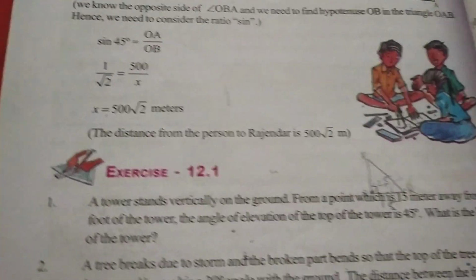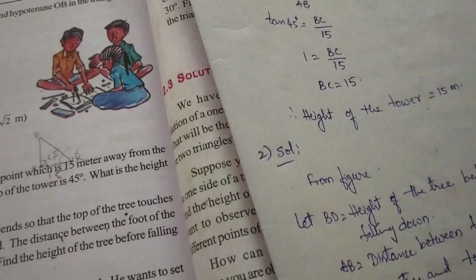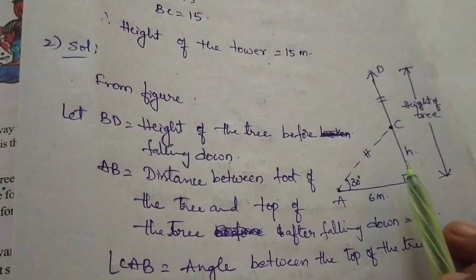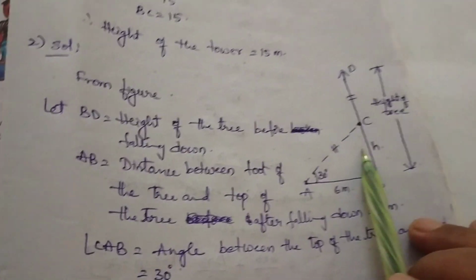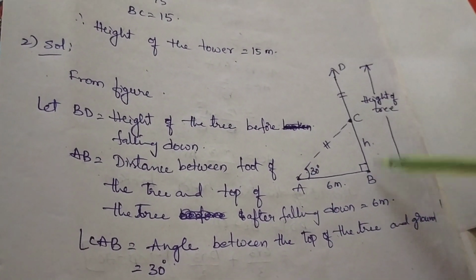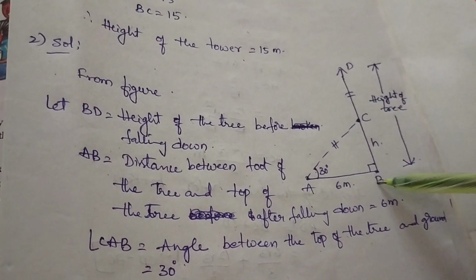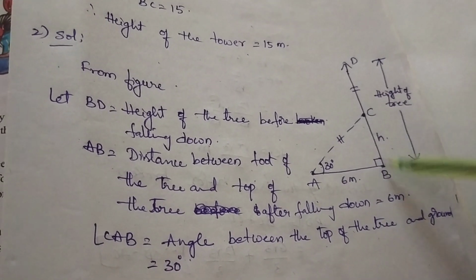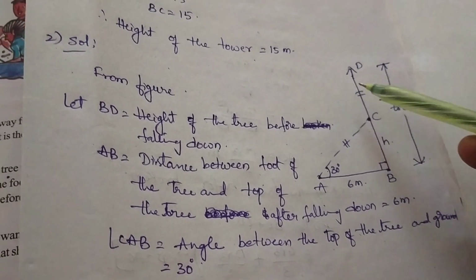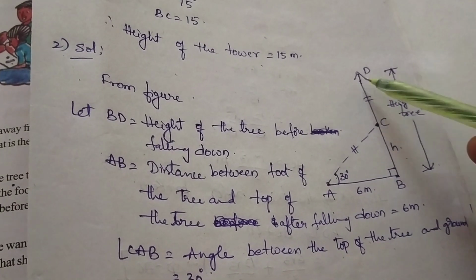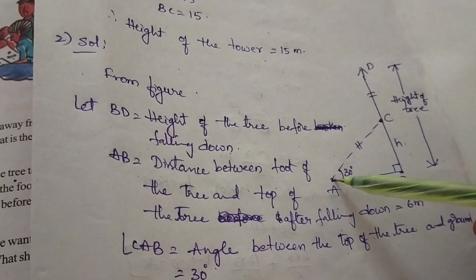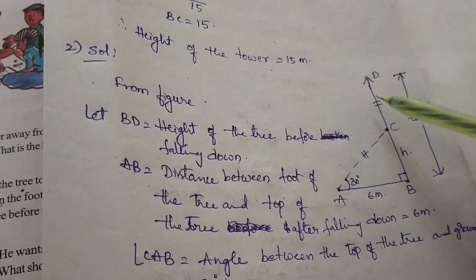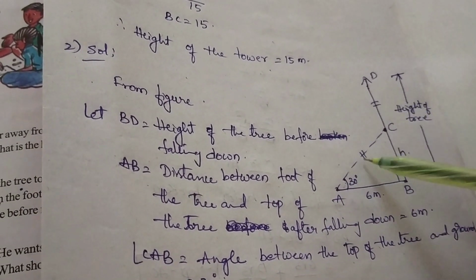Means actually you will see that some trees fall down when big storms happen, right? So now I am going to imagine the picture in this way. See here, BD is the actual tree. When the storm breaks it down, BD is the actual height of the tree. After the breakdown, this CD part fell on the ground like AC. So here AC and CD are both equal sides.